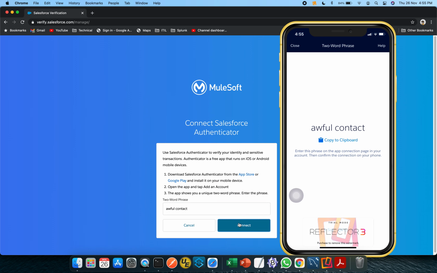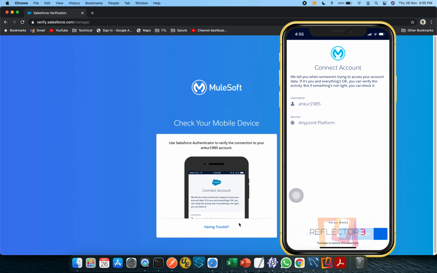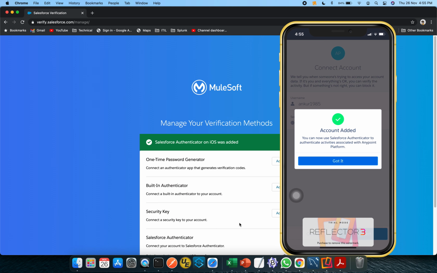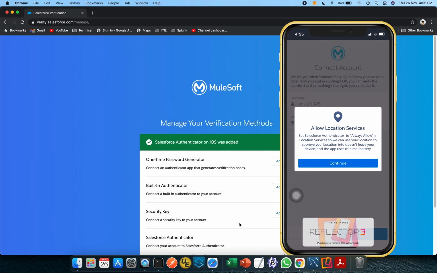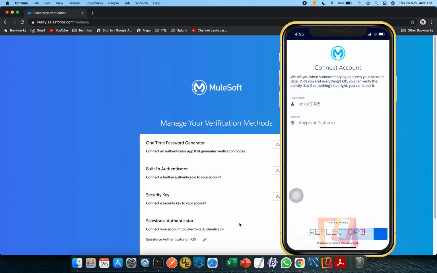Click on connect. Now on the right hand side of this window, you can see it is asking me to approve or reject. So I am allowing it to connect. So now it is being added to your profile.